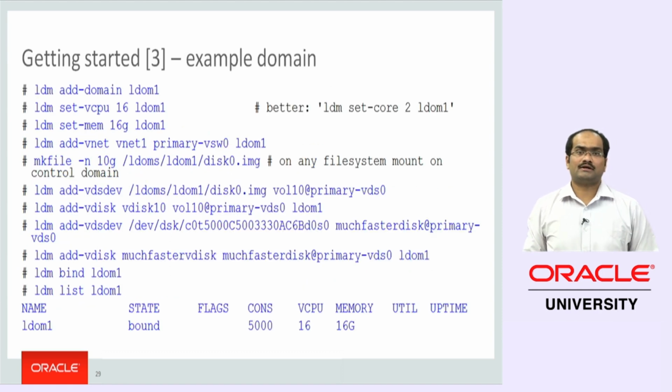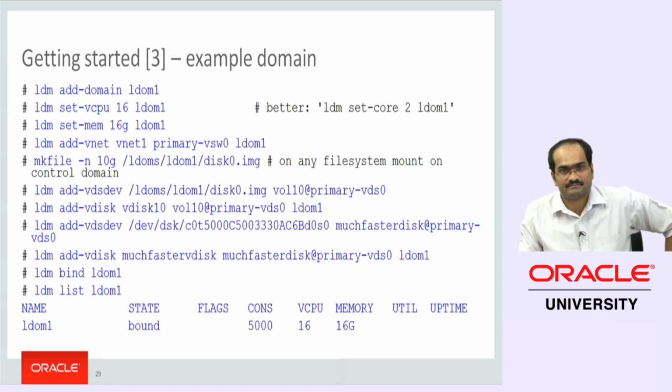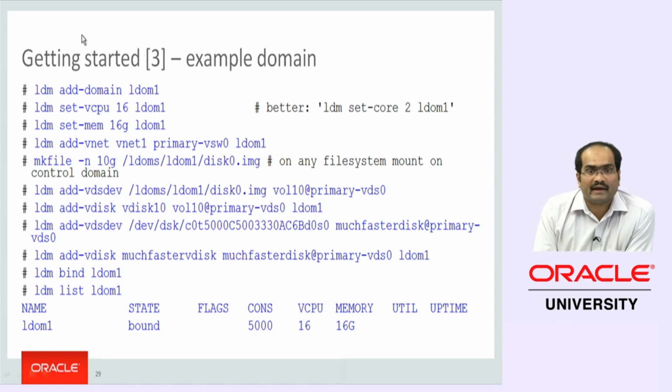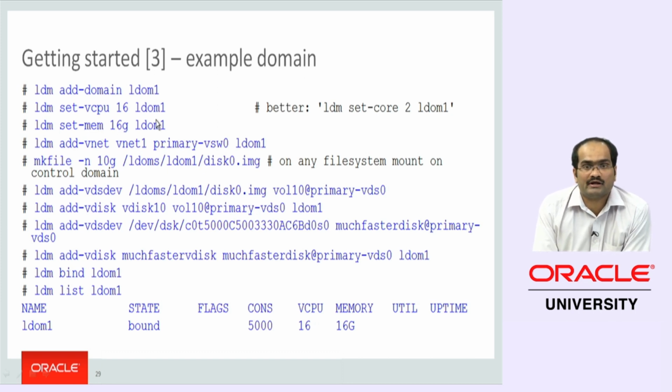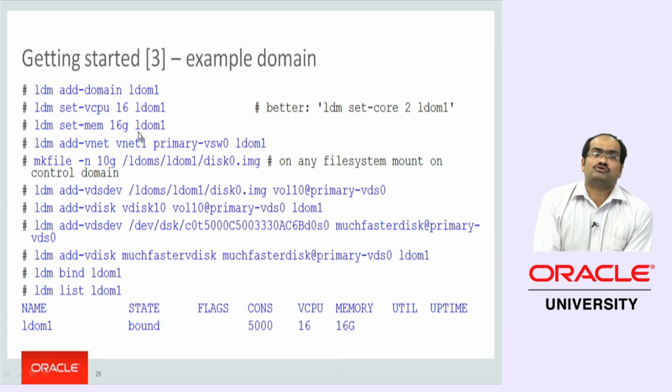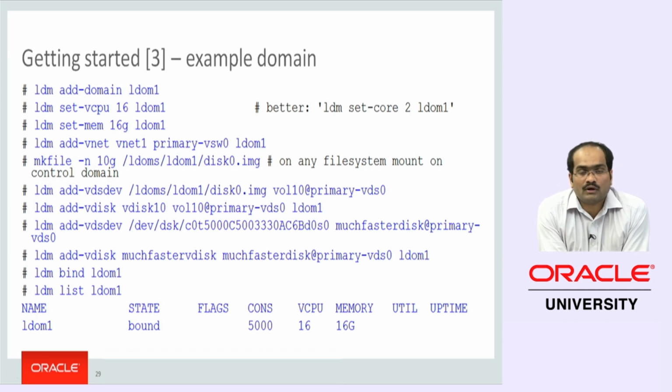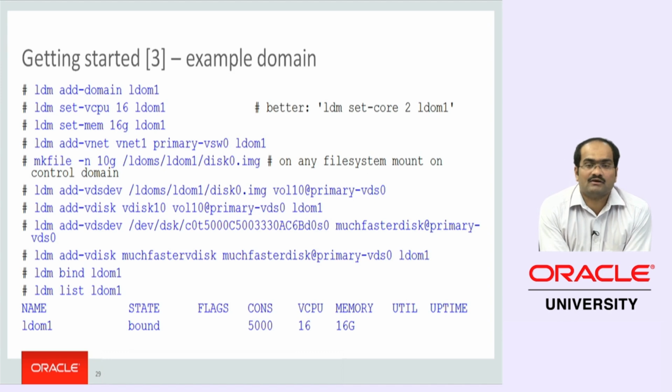So let's look at creating a guest domain. I am adding a domain with the name ldom1, and I am setting vCPU 16. I am giving 16 vCPUs to ldom1, and I am setting memory 16 gig to this guest domain ldom1. So the CPU and memory are done. What next? We need to give a network interface, and we need to give a disk interface